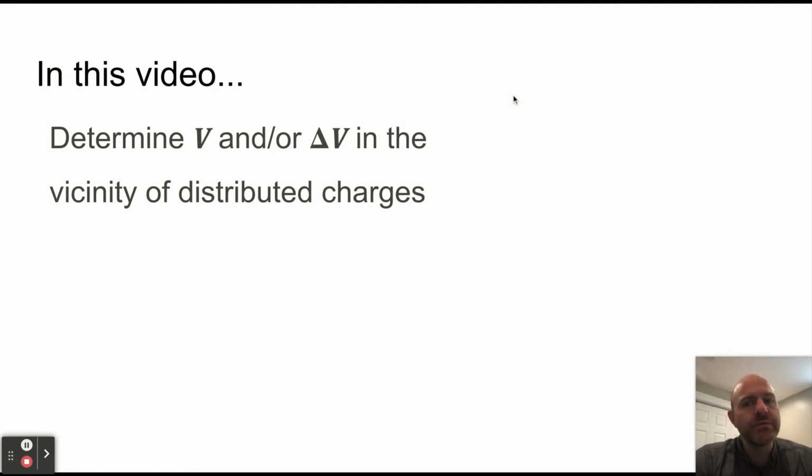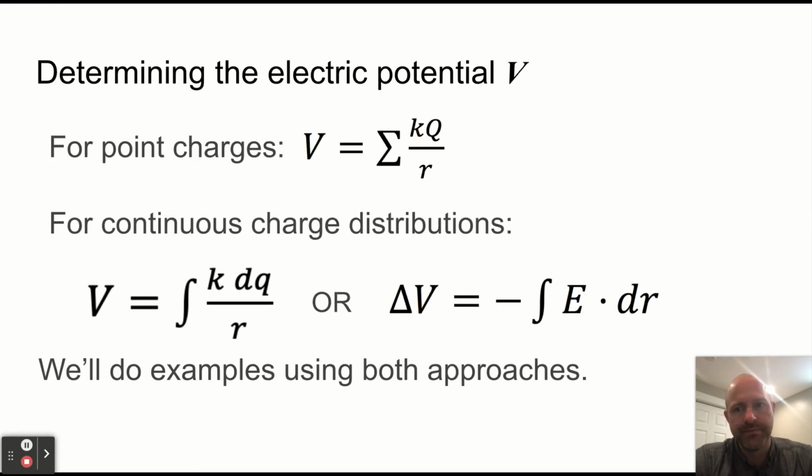It's important because sometimes we can find the potential as an absolute relative to zero, but sometimes we can't. And that will be near the end of this as we look at infinite charge distributions. So far, we have these two relationships. We have the Coulomb's law-esque relationship of potential as the sum of the kQ over